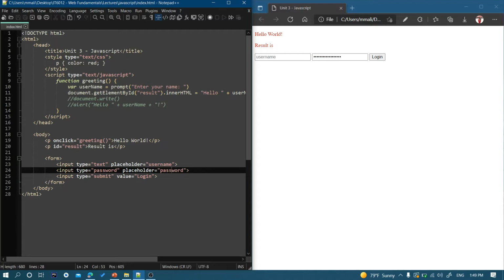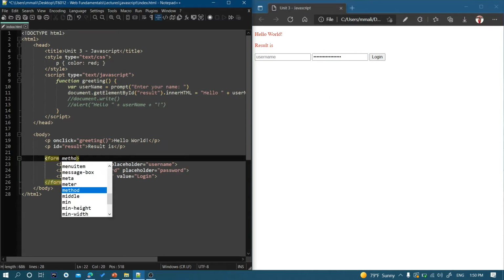Now, that sending of data from the client or from the browser to the server, there are two ways of doing that. There's a way called get, and then there's a way called post. Okay, now you just need to remember the basic difference. That's it. You don't need to get into too many details. But for get, it's written like this: method